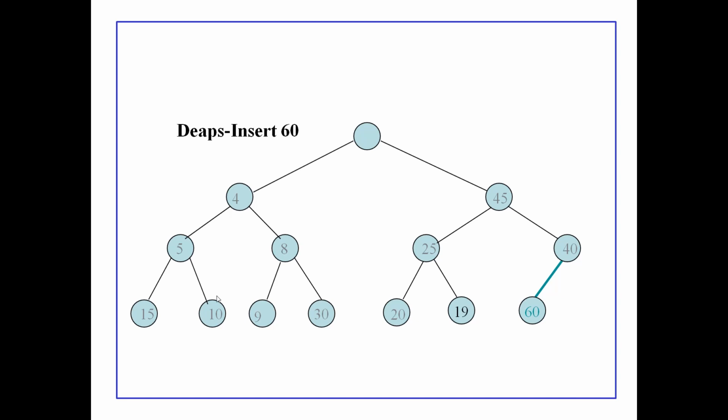And in the maximum heap function we have to check, that is the maximum number should be at the topmost. The 60 is at the end of the subtree and it checks with the parent node. 60 is greater, so we have to move upwards. 60 is gone upside and 40 comes below, and again it's compared with 45. 60 goes upward and 45 comes below, and this is the last final subtree after inserting 60.